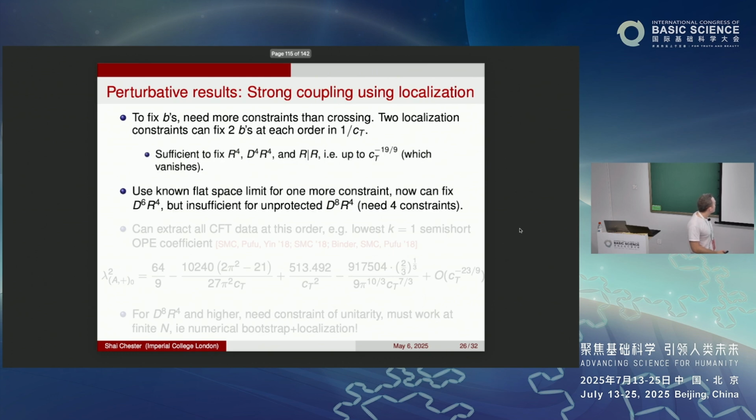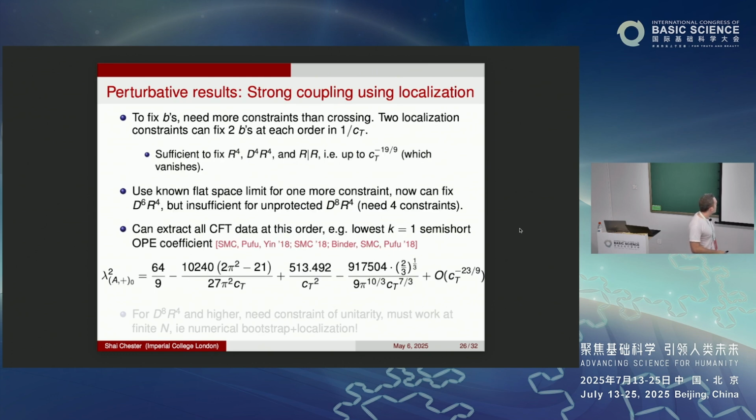And so that means from the analytic bootstrap perspective, we know CFT data up to d to the 6 r to the 4 order. So this is an example of certain CFT data. This is one of these semi-short multiplets at spin 0. Recall that it's non-trivial. This is the supergravity. This is generalized free field theory. This is supergravity. This is 1 loop. This is d to the 6 r to the 4. It turns out r to the 4 doesn't contribute to this quantity. And so this is everything we kind of know exactly a priori, which we can use to compare to the